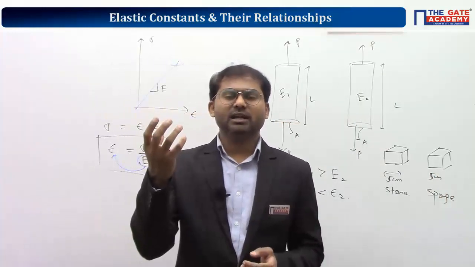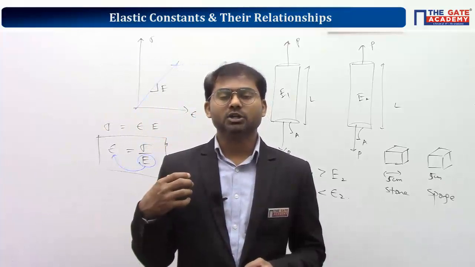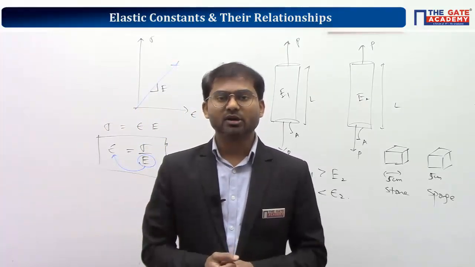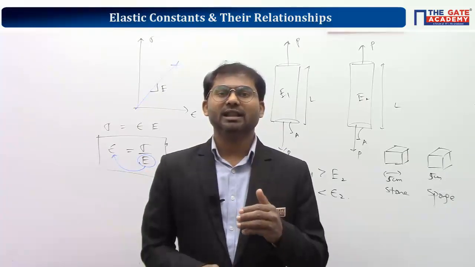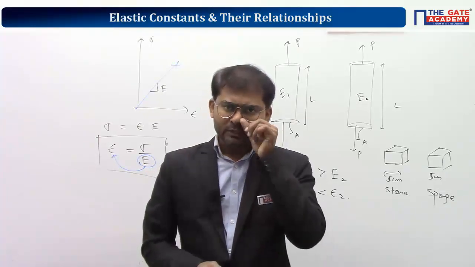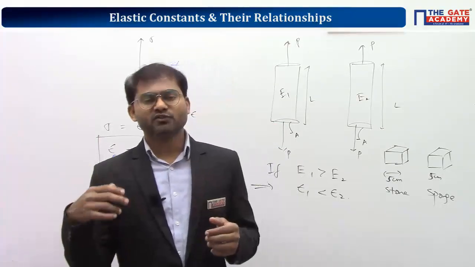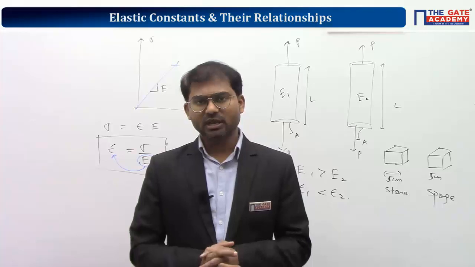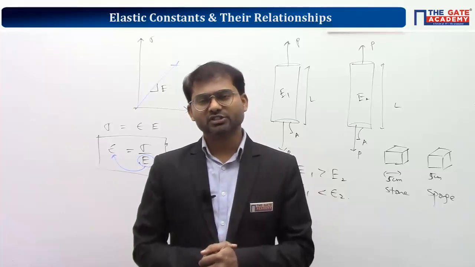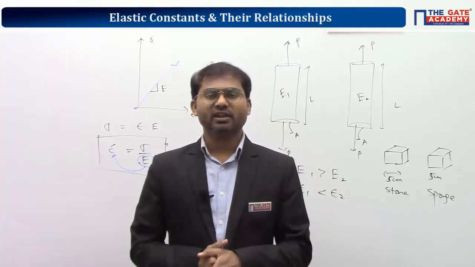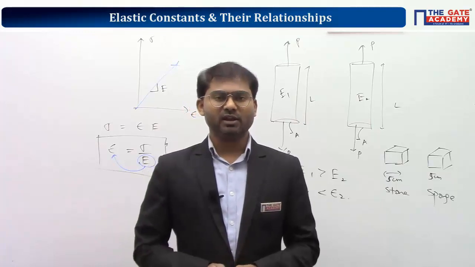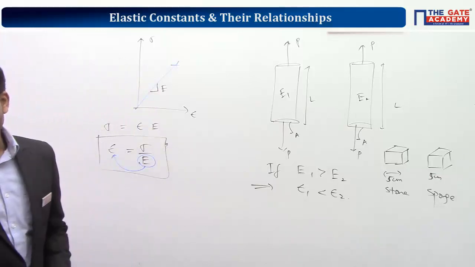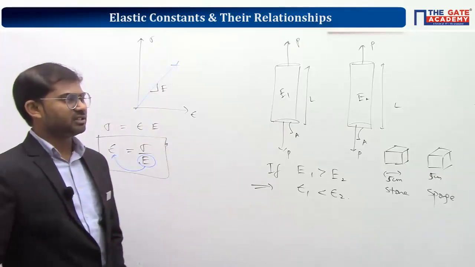You can observe that the sponge will get very much deformed easily, because Young's modulus of sponge is far lesser. That means you will be having a higher value of strain for the sponge because you have a very low value of Young's modulus. Whereas for stone, though you are giving rise to the same stress, its Young's modulus value is very, very high, so you will have a very low value of linear strain. Understood? So let's go ahead with the next property, modulus of rigidity.